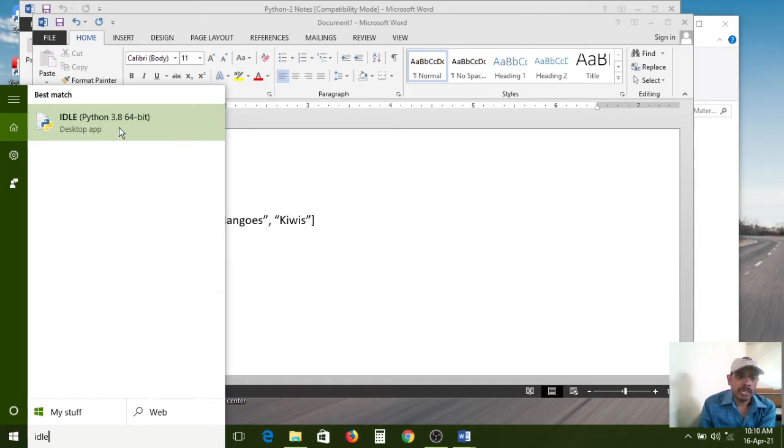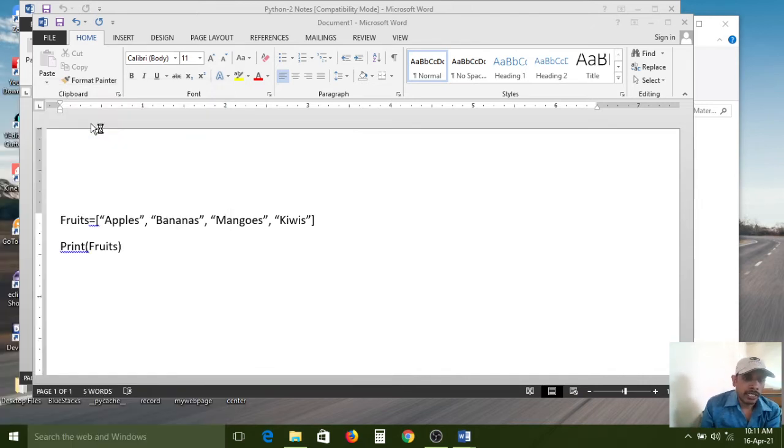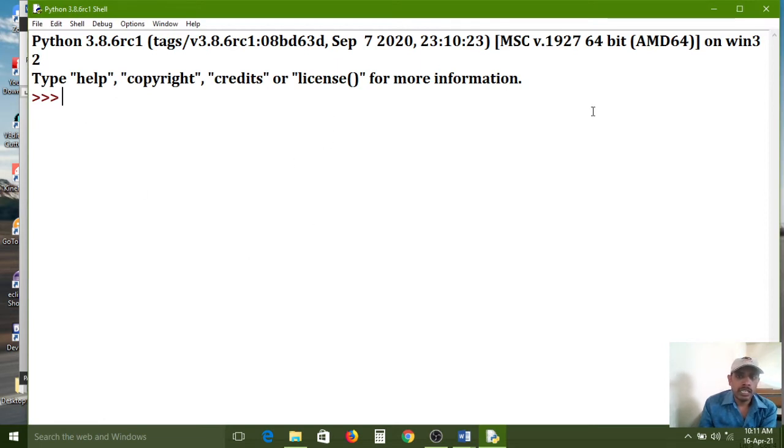If it is not showing on your system, then the Python software is not installed on your system or laptop. So just click on this one. The IDLE shell window opens like this. Here you can type statements and execute them. This is the command prompt for the Python software. Now I am closing this one.